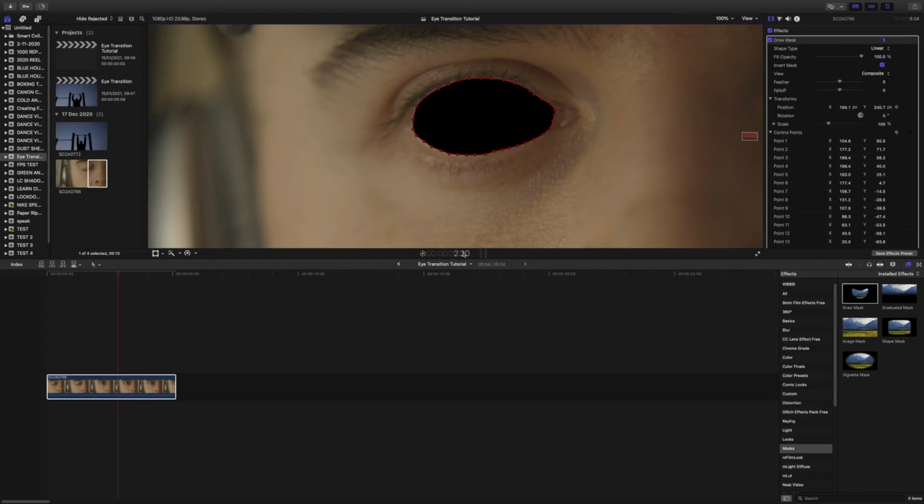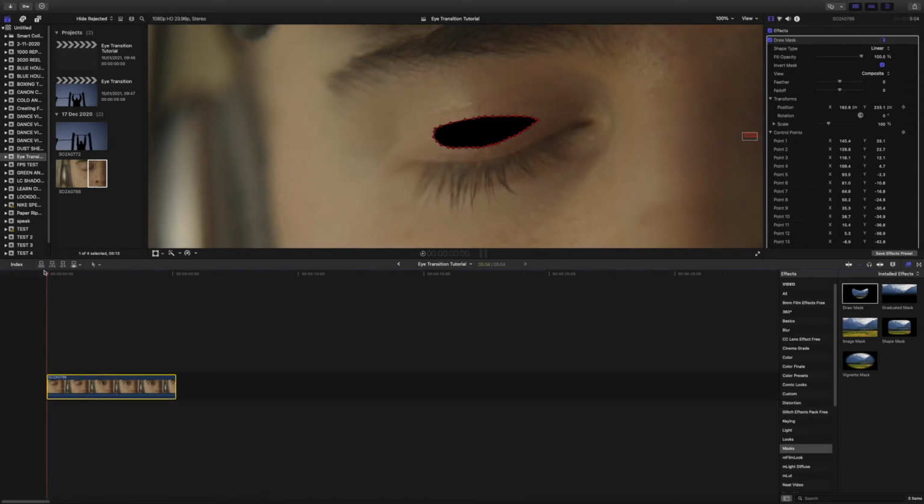Okay, so I'm going to go roughly around here, because the transition we're going to do is going to take roughly 1 second. I mean, you can do it faster or slower depending on the speed you want, but I think it looks decent at 1 second. So if I just play back through what we've got currently,